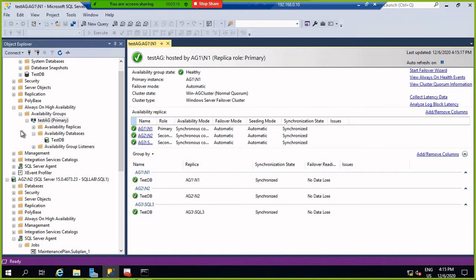Once the restoration is completed, you have to delete the database from the secondary instance also. Suppose there are 2 more instances, you have to delete that database from those 2 instances, and again set up the AG, with the database restored on both instances. Once it is completed, you can check the status. So this is the overall activity.